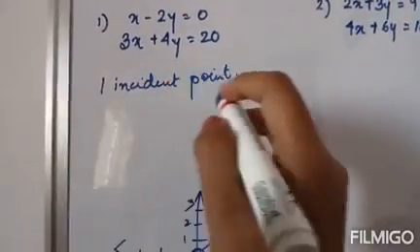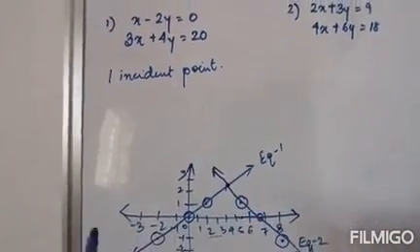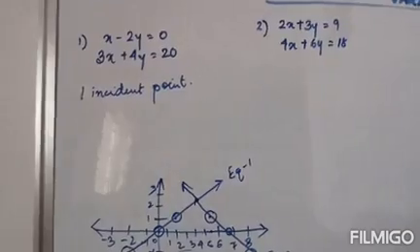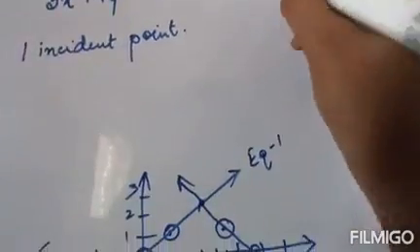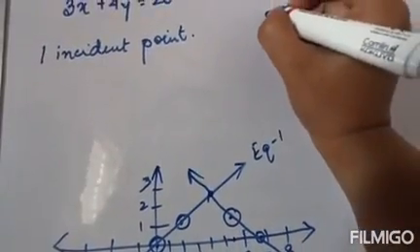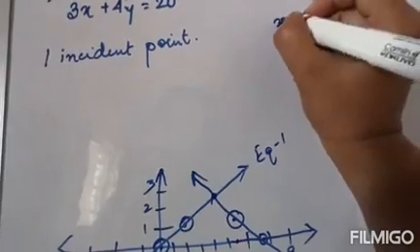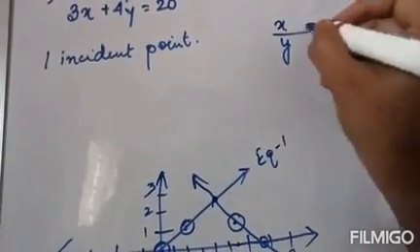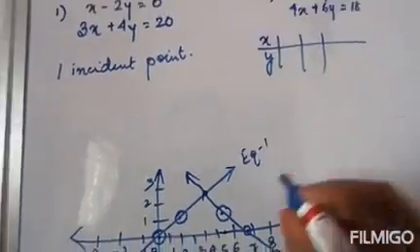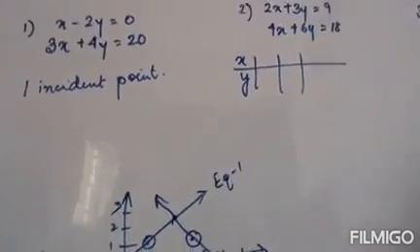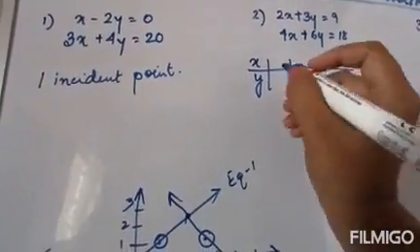So one incident point is there from the observation I have written there. Okay, let's solve this one. For equation 1, x and y, I think I have to erase this one. Okay, so for equation 1 we have